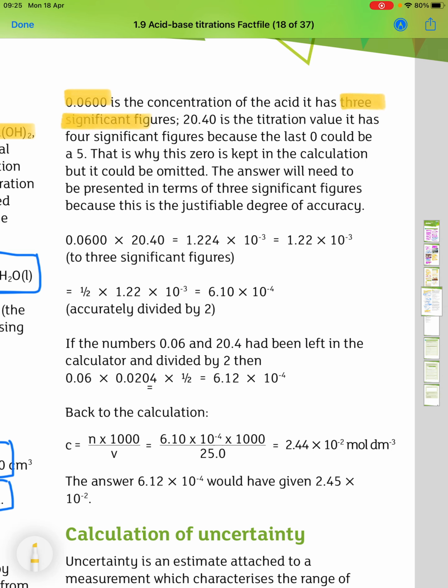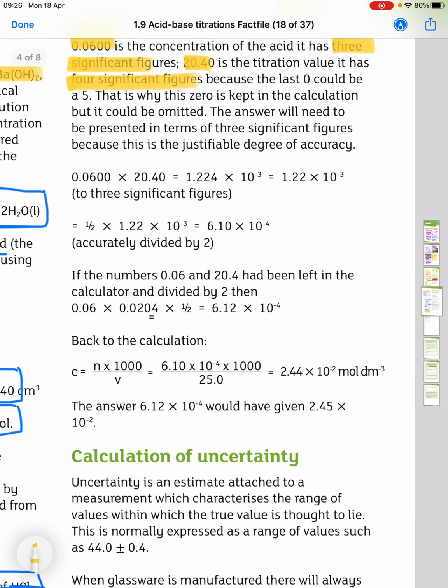0.0600 is the concentration of the acid and it has 3 significant figures. 20.40 is the titration value and has 4 significant figures because the last 0 could be a 5. This is why this 0 is kept in the calculation, but it could be omitted. The answer will need to be presented in terms of 3 significant figures because this is a justifiable degree of accuracy. So we see here the calculation again,